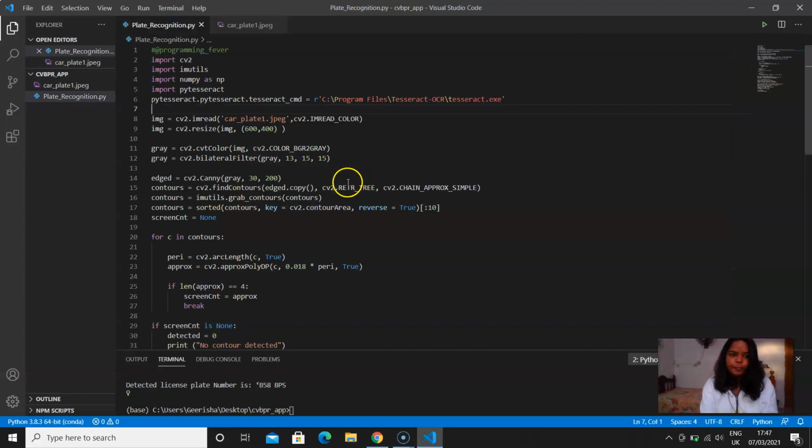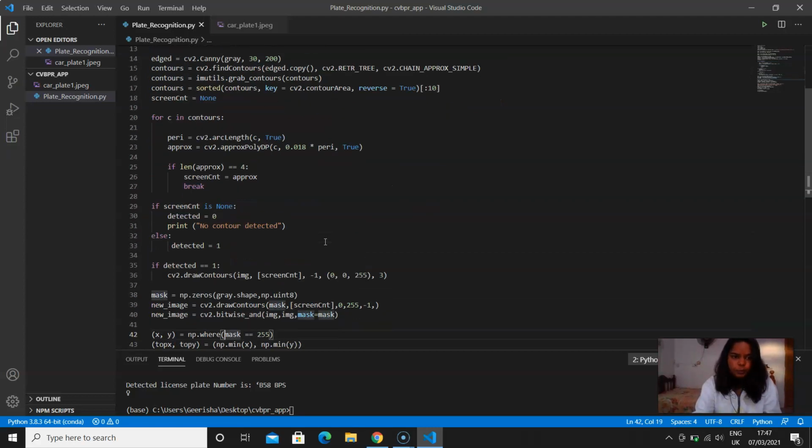Then we apply Canny edge detection to find the edges in the image. Once this is done, we find the contours in the image, and once we find the contours, we look for the big and small ones, such that we can sort them from big to small, and then we